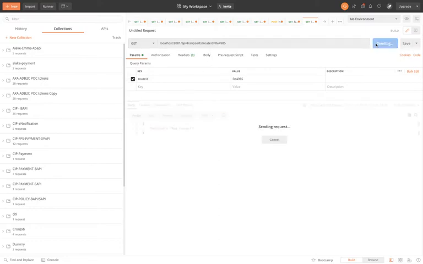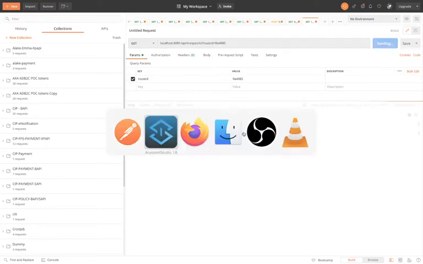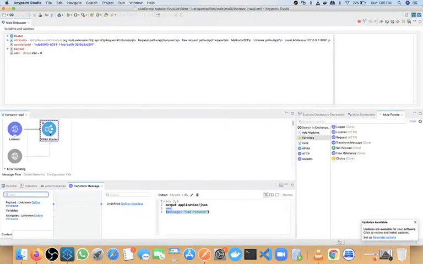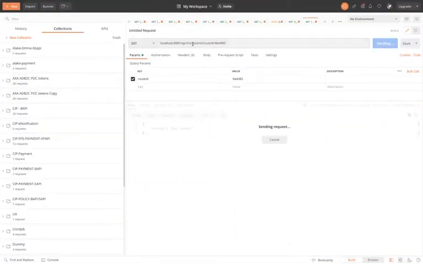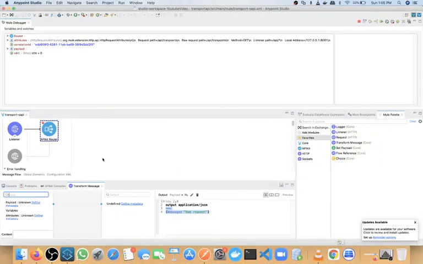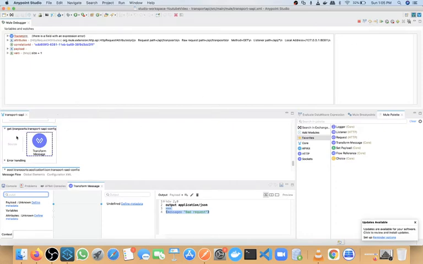So now if we call, it will go to the particular flow. From this API kit router, the API kit router is getting a request for this resource, the transports resource. If you see, by default our application will create one flow with this name, transports, and the method is get. If I click on next, you can see we are coming to this place. This flow will be invoked by our API kit router.